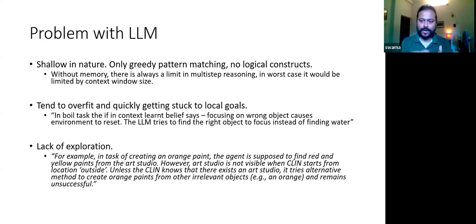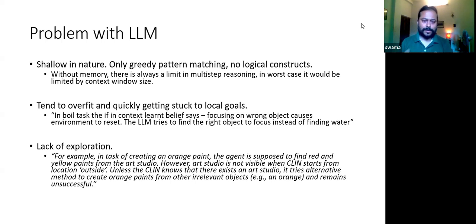That is one learning or belief captured while exploring the environment. Once this is captured in memory, in the subsequent steps the LLM tries to find the right object to focus on instead of finding the water source. So it got stuck in finding the right object to focus on instead of solving the actual goal.